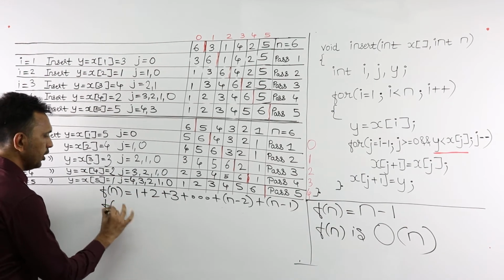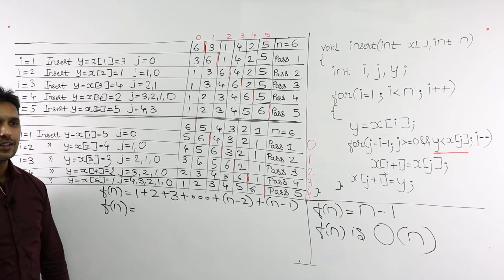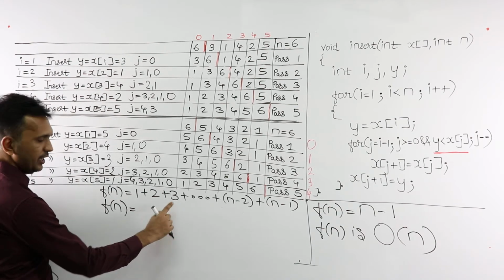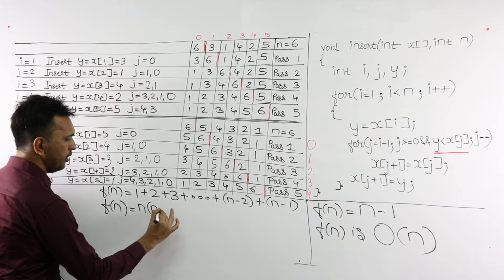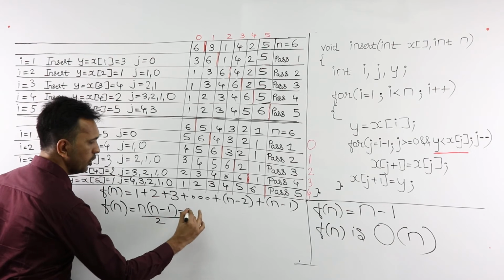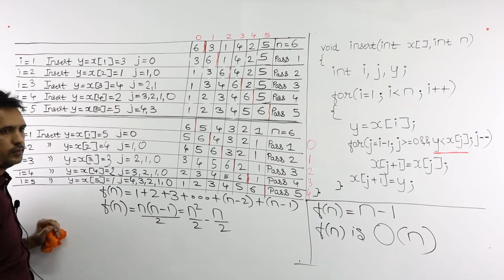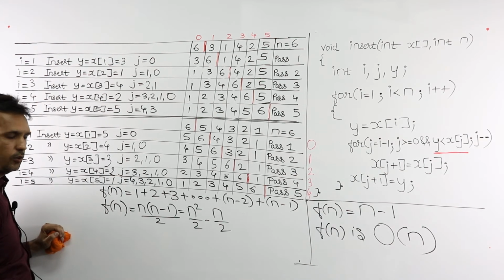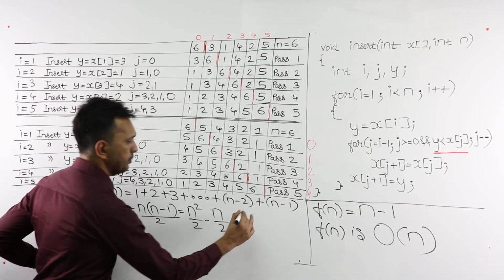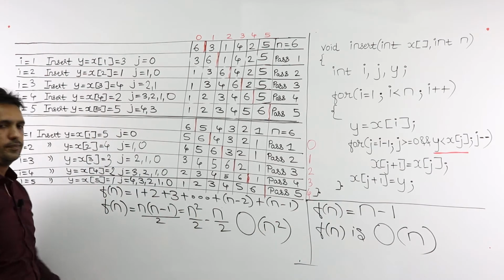Now, there is something called mathematical induction. Either you should know this or you should trust me. So, as per mathematical induction, this summation is n into n minus 1 upon 2. So, this is equal to n square by 2 minus n by 2. Okay, over, f of n is done. So f of n is this. So, that is big O of what? N square, the highest term.